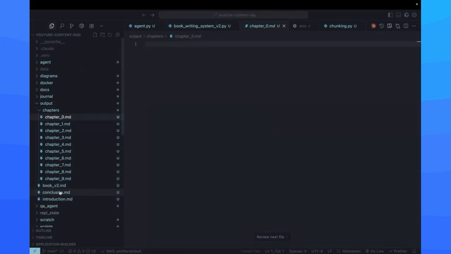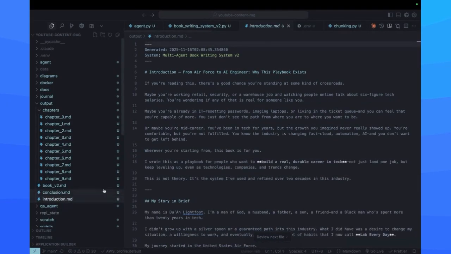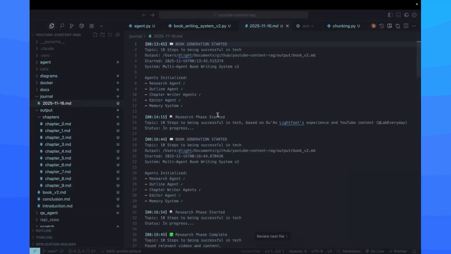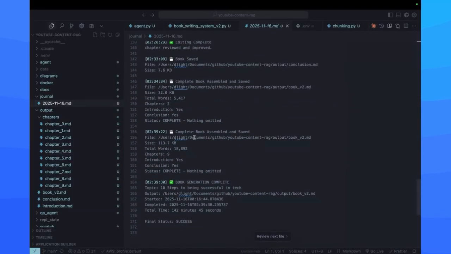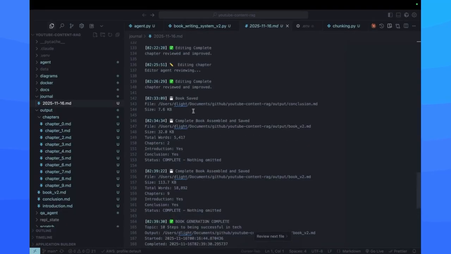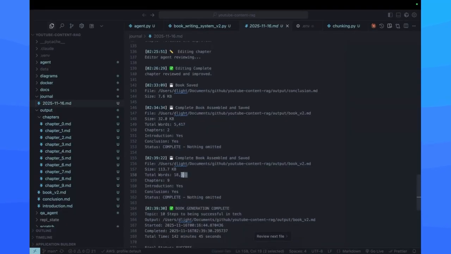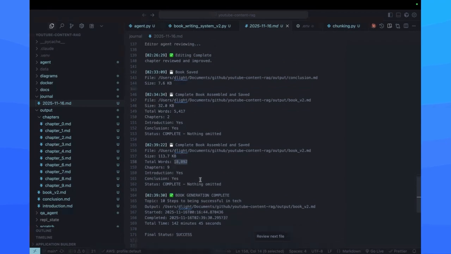Let me see if I can find the total conclusion, the introduction. The complete book was about 18,000 words, from beginning to end.